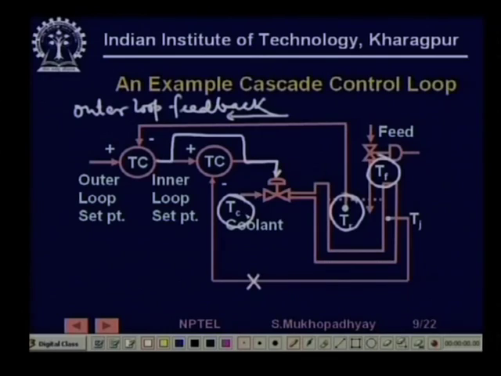So, the temperature of the coolant itself could act as a disturbance, and this will take a lot of time to travel to Tr, because first of all this coolant temperature will have to change the temperature of the whole jacket, that itself is a heat transfer and mixing process. Once that jacket temperature is changed, then through another heat transfer process the reactor temperature will change, and then only feedback will go, and then only the flow rate will get affected. So, now instead of that, if we use